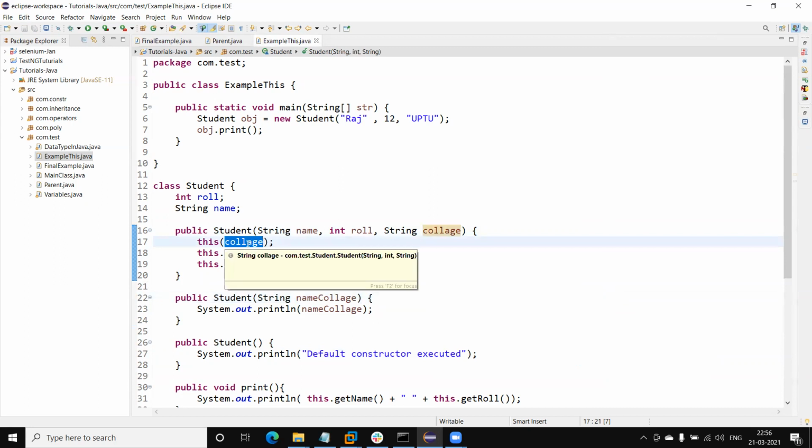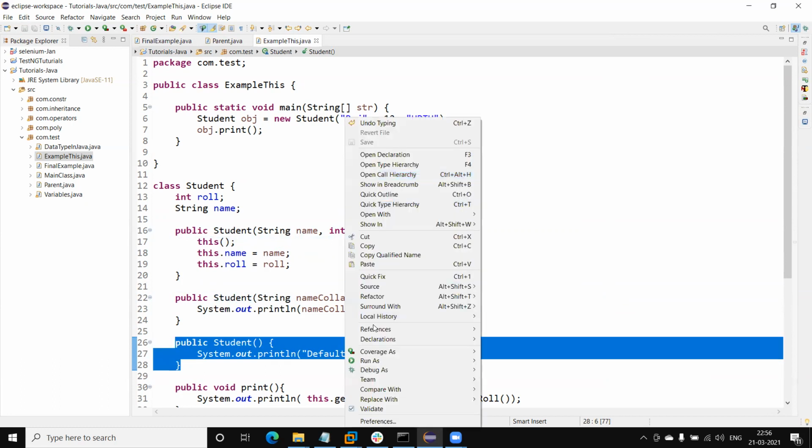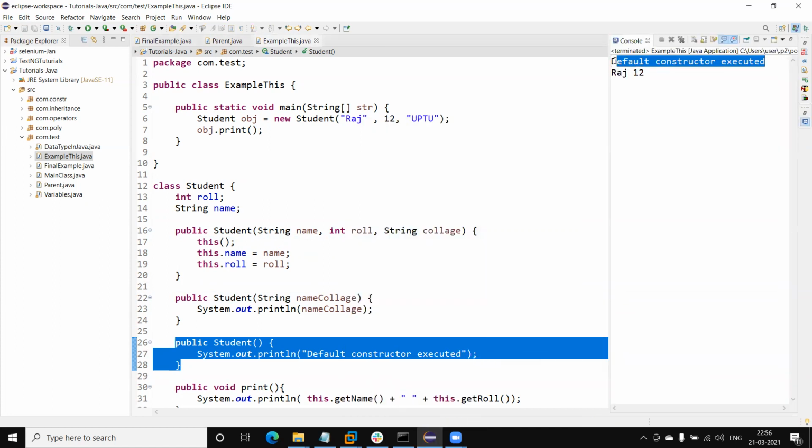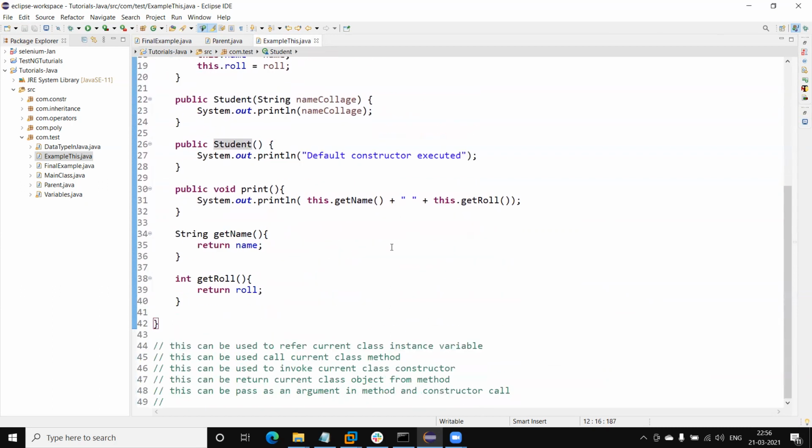If I want to call it, we can call this without any parameters. This will invoke the default constructor, and now we get the value printed: default constructor executed. So with the help of this keyword, we can call a class constructor from within another constructor.